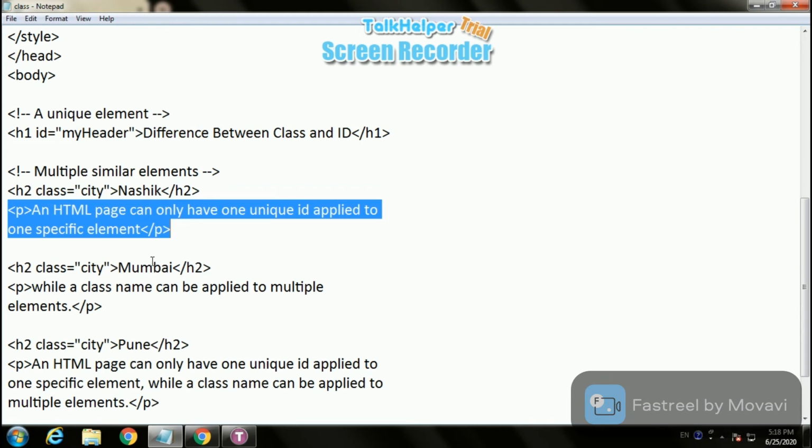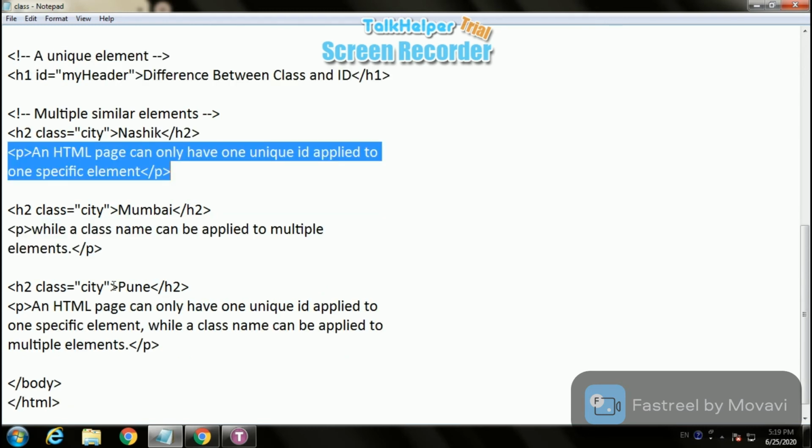Then the second city is used with the similar class, that is H2 class equal to city, and the provided city is Mumbai, and again the provided information is P, while a class name can be applied to multiple elements.